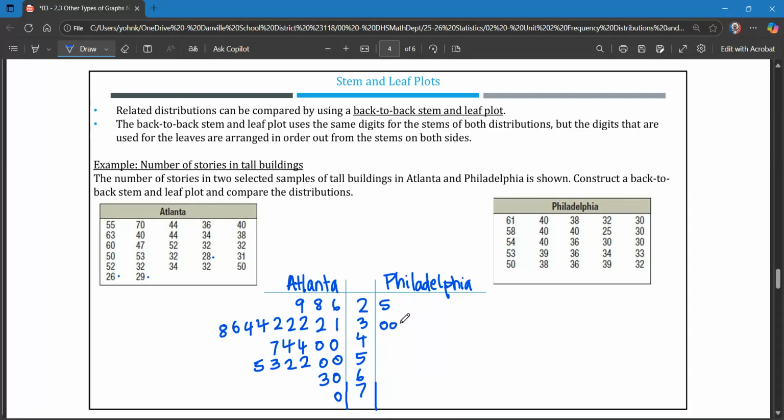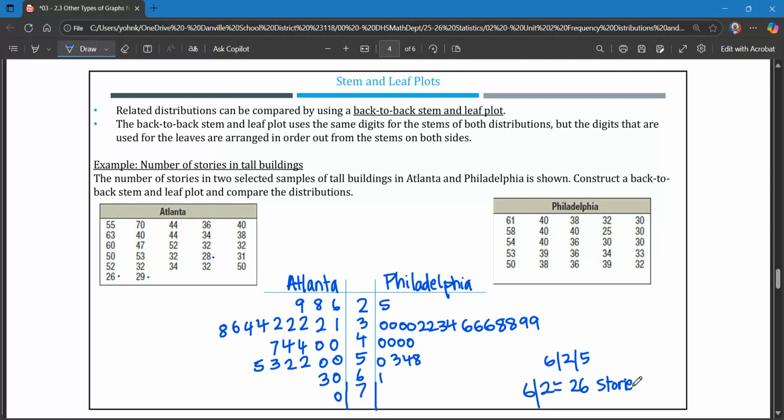Then there's zeros. The 3s are 0 0 0 0, 2 2, 3 4, 6 6 6, 8 8, 9 9. And then the 4s are 0 0 0 0. The 5s are 0 3 4 8, and then 6 1. And there's none in the 70s, so we leave it blank. Make sure that you have a key. So I pick the one in the center. So I go 6 2 5, and so 6|2 means 26